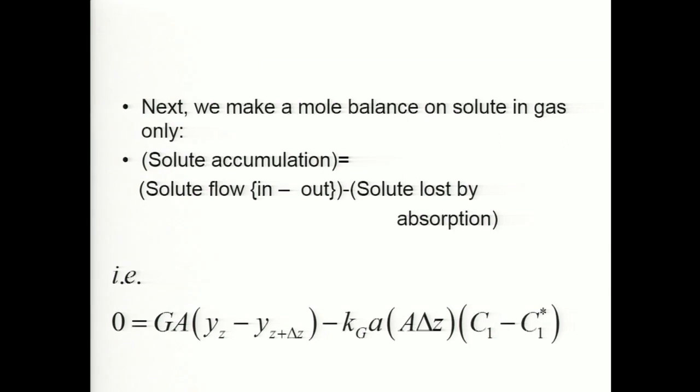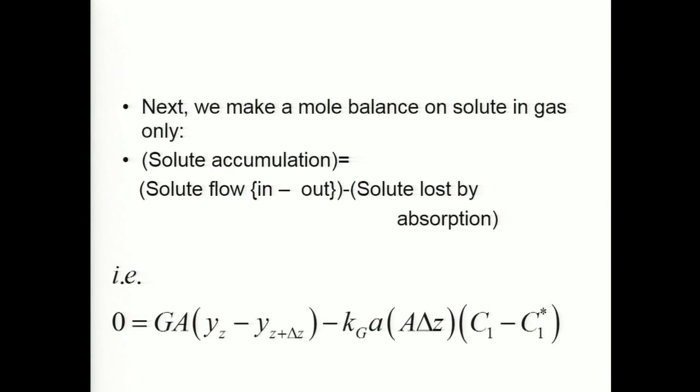If we take the idea that total resistance is made up of the resistance in the gas phase and in the liquid phase, and we ignore the resistance in the interface, then we should be able to write a rough proportionality of the reciprocal of capital K G, the gas phase mass transfer resistance, scaling as the reciprocal of small k subscript capital G and the reciprocal of small k subscript capital L, the gas film resistance and the liquid film resistance. They will add up to give you the overall gas phase resistance.